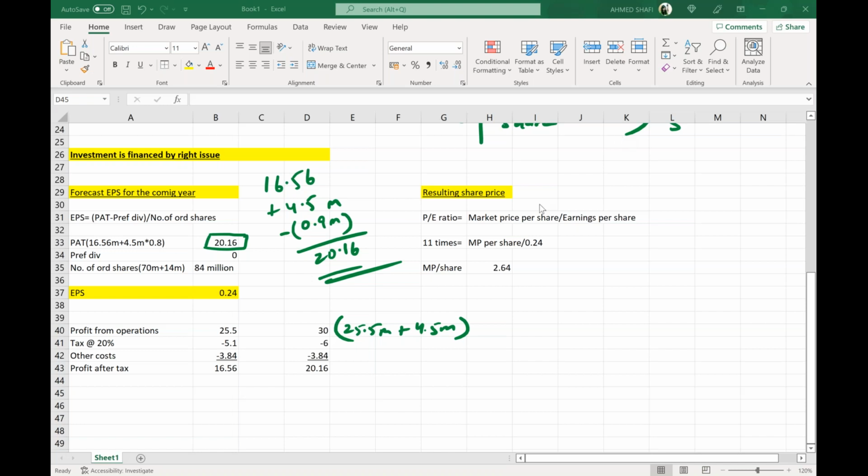Manur, if profit increases by 4.5 million, you have to pay 20% tax on that. So either take 4.5 million directly, 80%, 3.6, or do it separately. That 4.5 million profit increase, then 20% of 4.5 million, 0.9 million is the tax. Then we reach 3.6 million. So it's your choice.